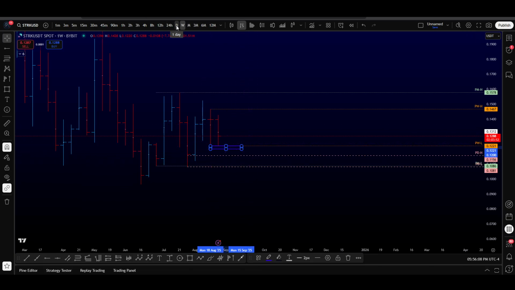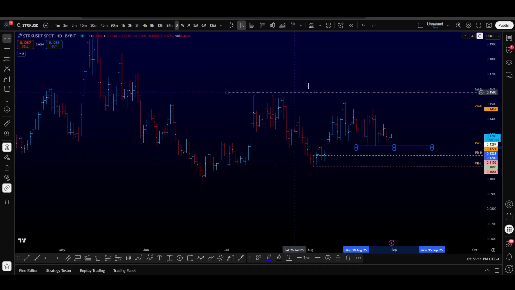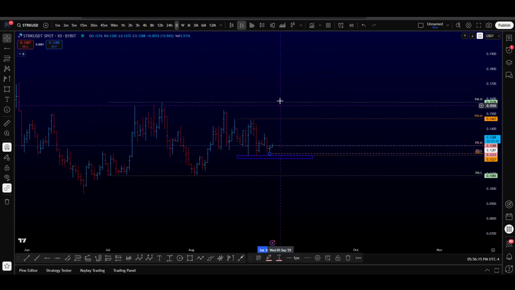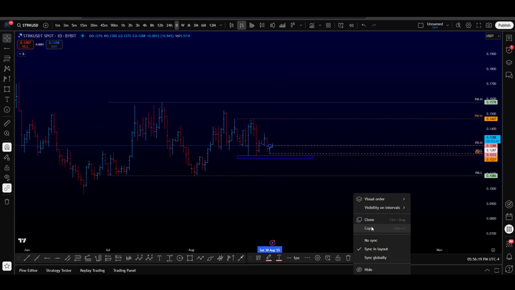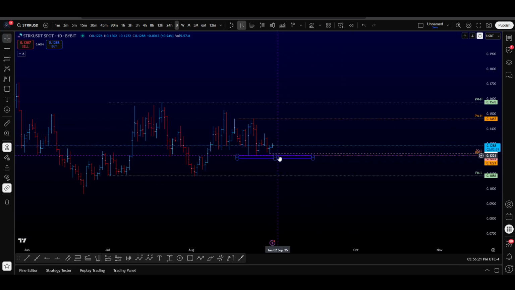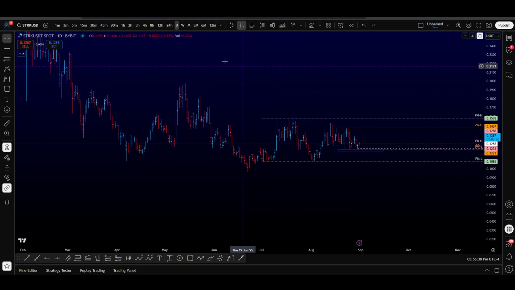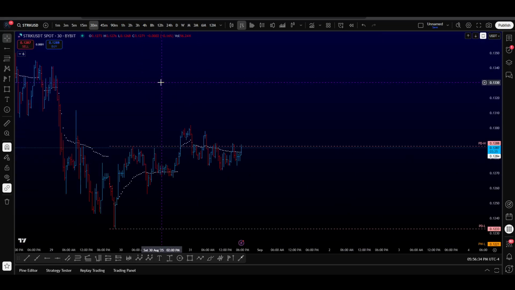Now let's go ahead and jump into the daily time frame here. So this was a previous day high, previous day low, and to be honest, I don't really like keeping these on the chart that long, because I like to look at the higher time frame when making a decision, right? You really want to keep the previous day high, previous day low on the chart if you're doing some day